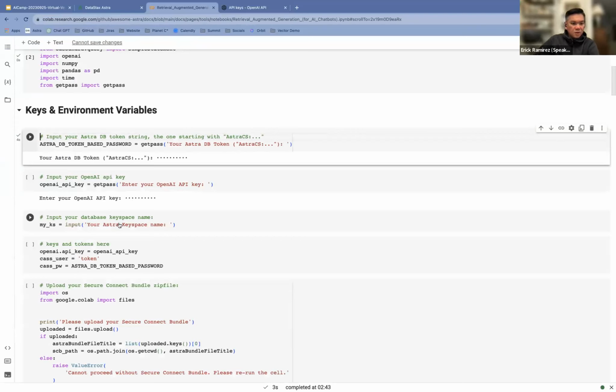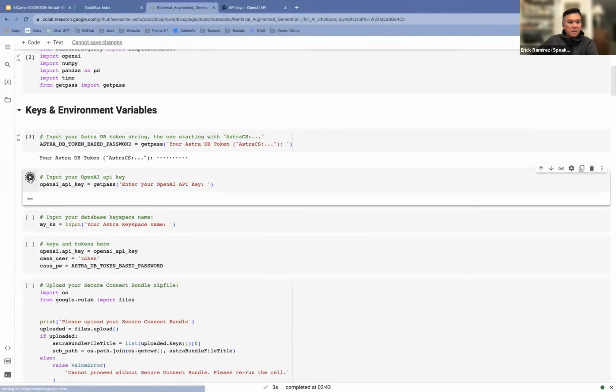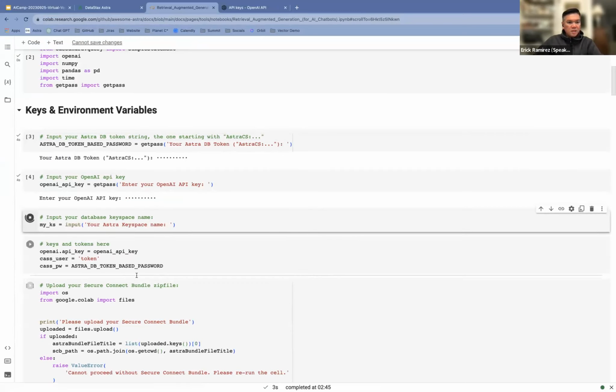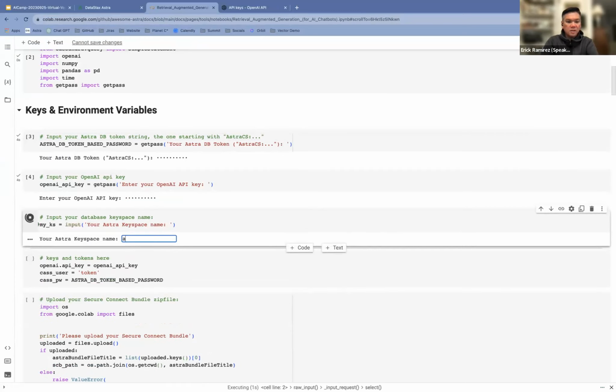Once you've created your API key, use that API key, and we're going to store it as an environment variable. The keyspace name: when I created the database, I called it AI Camp, so I'm just going to put that in there.